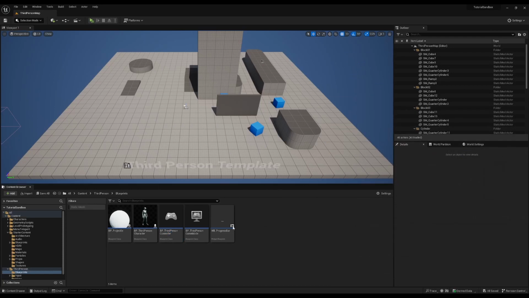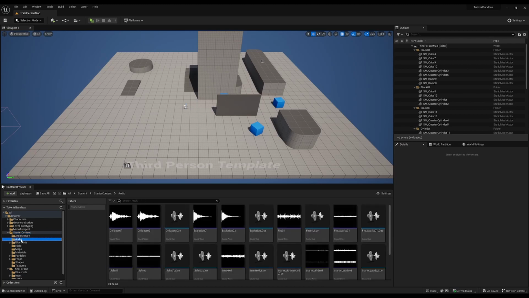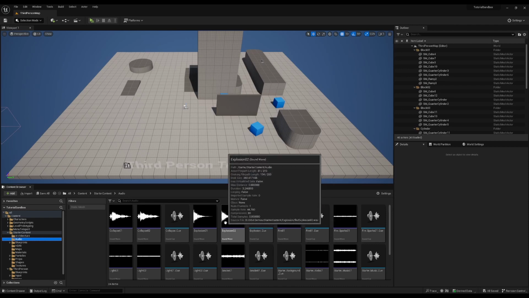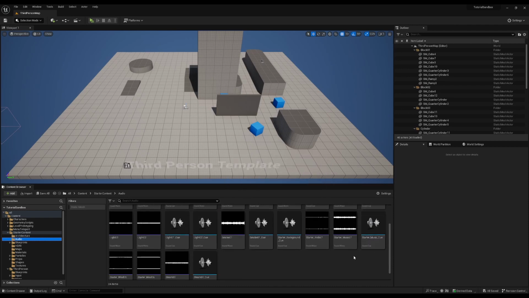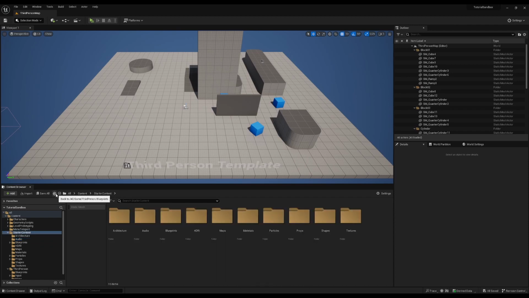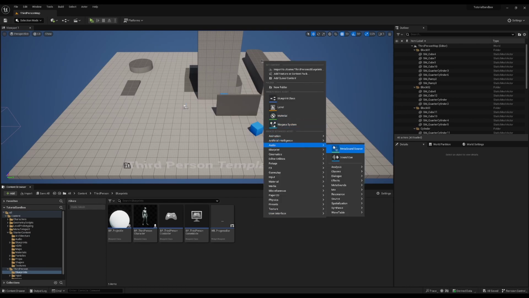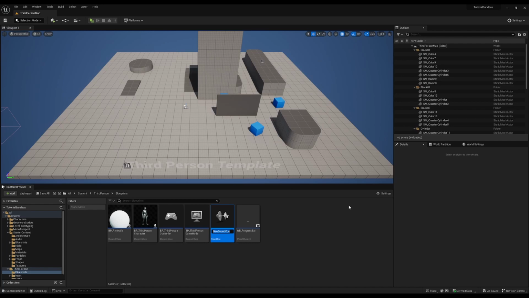Once you've got that set up, let's go into our starter content. By the way, if you're in a project that doesn't have starter content, then you will not have this option, so you can also just use any other sounds you have. We want to use the sound cues, but before we do that, we'll go back to where we were and create a sound cue. I'm going to call this SC for sound cue, and let's call it explosions,